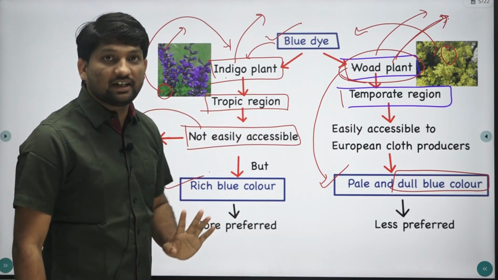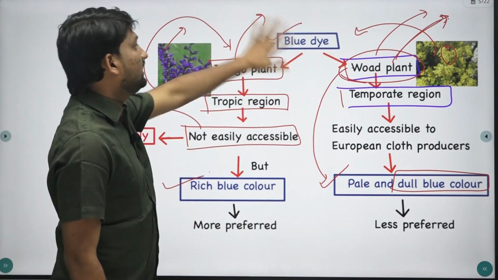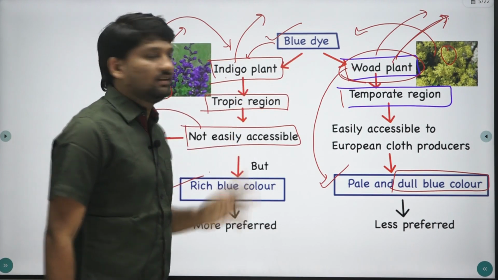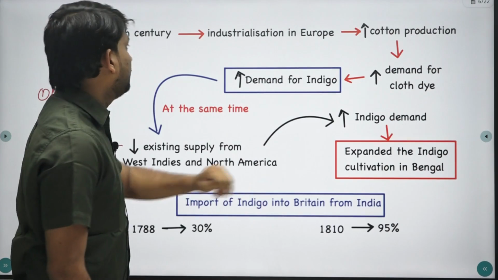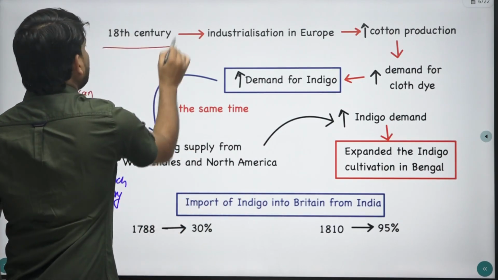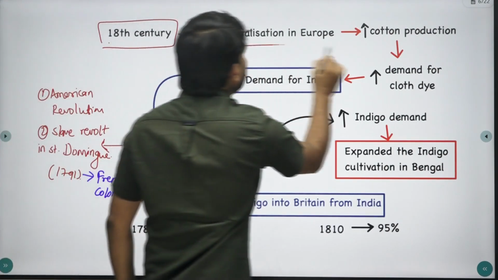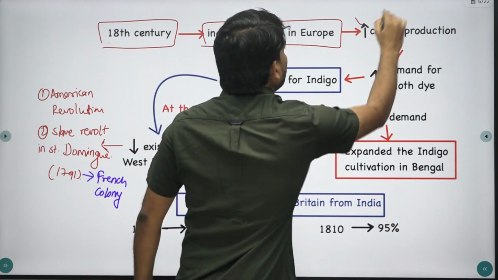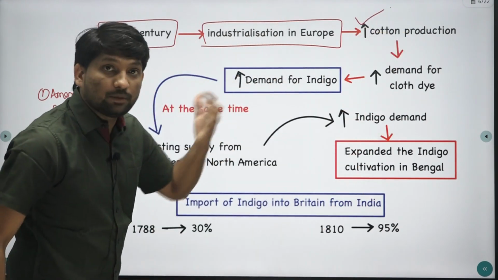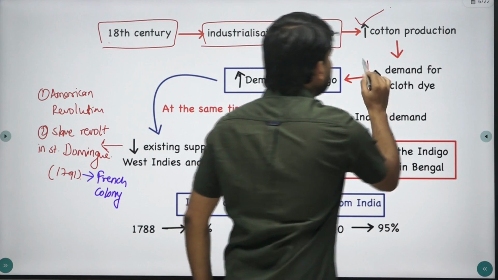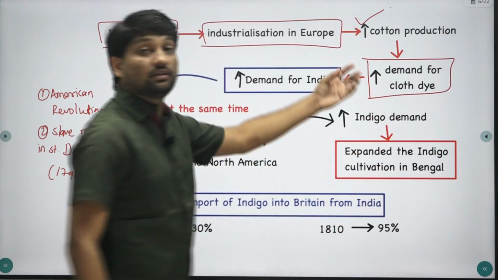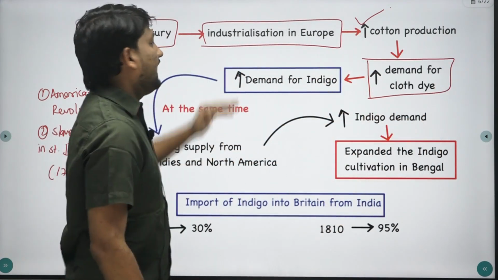During industrialization in the 18th century, they finally cancelled the ban on the import of indigo. Due to industrialization in Europe, cotton production increased. As cotton production increased, the demand for cloth dye,